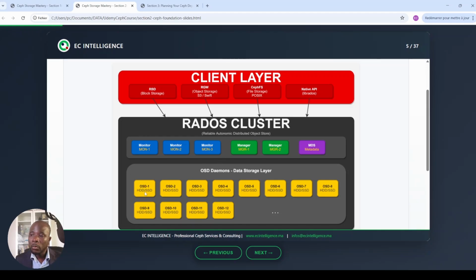Those components put together form the RADOS system, which is defined as the Reliable Autonomic Distributed Object Store. The RADOS is formed of all these components: the OSD, Monitor, Manager, and MDS. All those components are the backend storage of your cluster, and the front-end storage cluster, which is the client layer